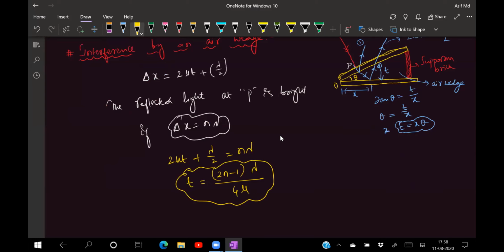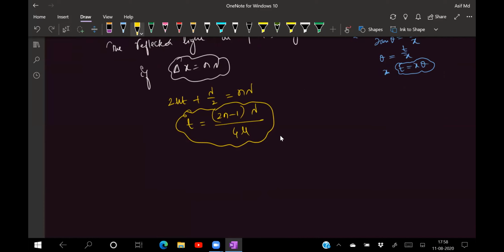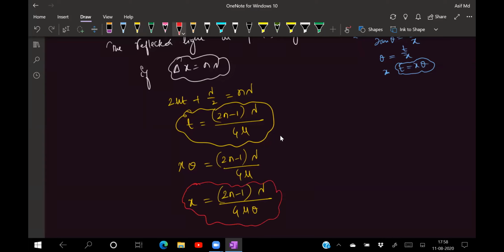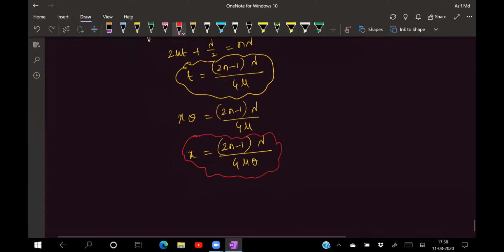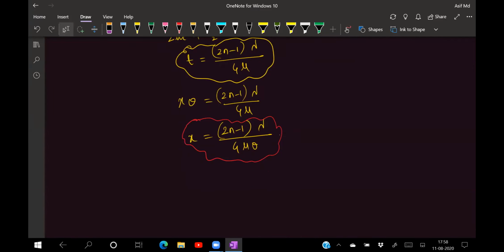Okay, in the same way, t is equal to x into theta, that is equal to (2n minus 1) lambda divided by 4 mu. That means x will be equal to (2n minus 1) lambda divided by 4 mu theta. So this is the position of your bright point. If you are taking air into consideration, the refractive index of air we take as 1. So x is equal to (2n minus 1) lambda divided by 4 mu theta, where n value is